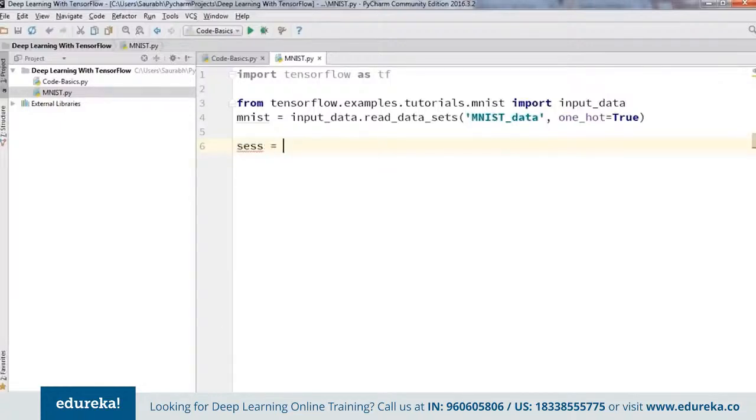So I'm going to type in here sess equals tf.InteractiveSession. Now we're going to build the computation graph by creating nodes for the input images and target output classes. For that, I'm going to define some placeholders. I'm going to type in x equals tf.placeholder